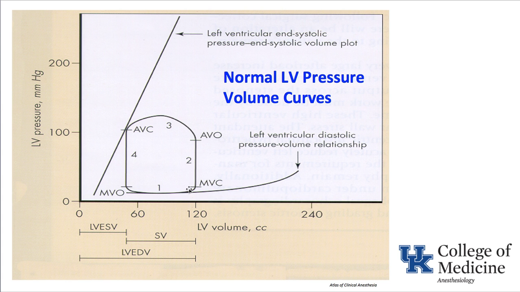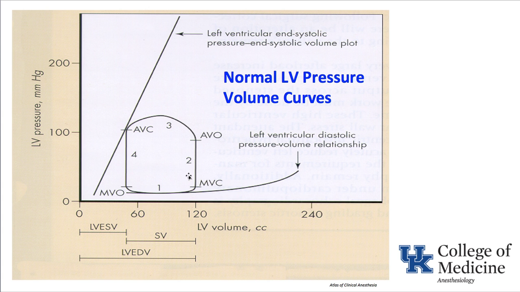filling it, and then at end diastole, as the heart starts into systole, it starts to build up pressure inside, the mitral valve closes, and you have isovolumetric contraction at 2, till the pressure builds up and opens the aortic valve, and ejection through the aortic valve occurs at 3, and then the aortic valve closes. As the pressure drops, isovolumetric relaxation is occurring, and we go back through the same cycle again of filling of that left ventricle. So end diastole, bottom right, the difference between end diastole and end systole gives us an idea